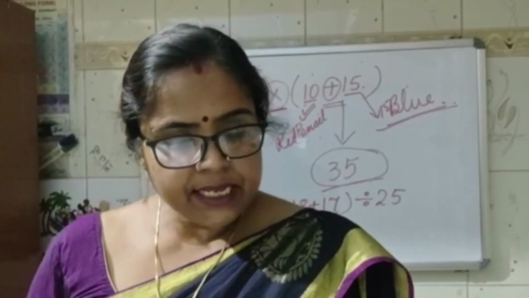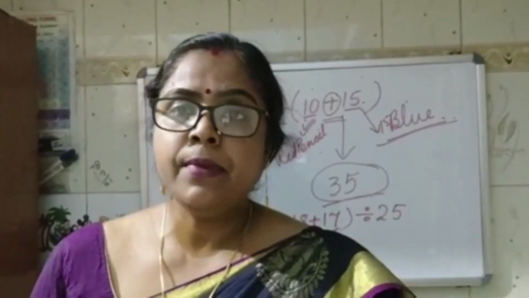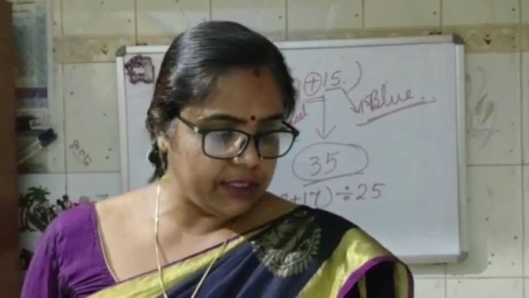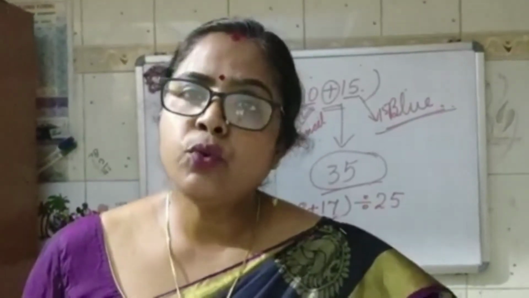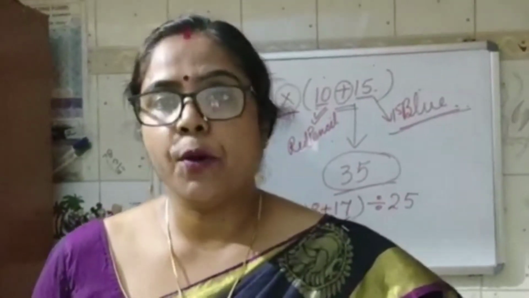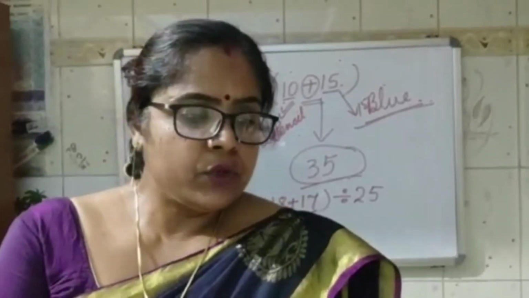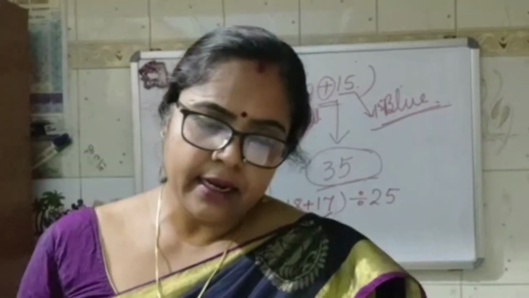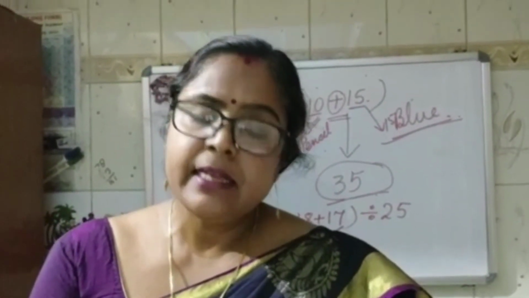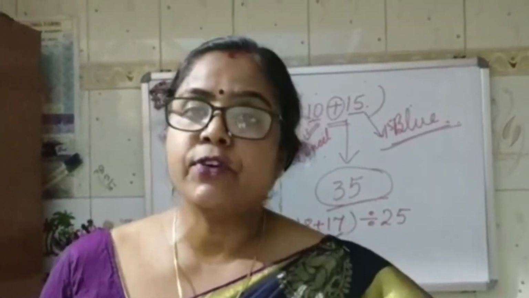Next question number C is solve the following word problem. I already solved each and every question in the PDF. Please go through the PDF and do it properly. Clear to children? So my questions are clear. I have explained everything. Just a quick recapitulation, what things we have studied.